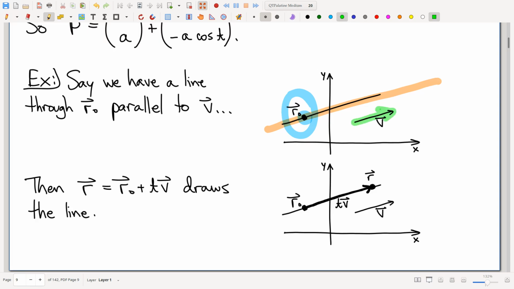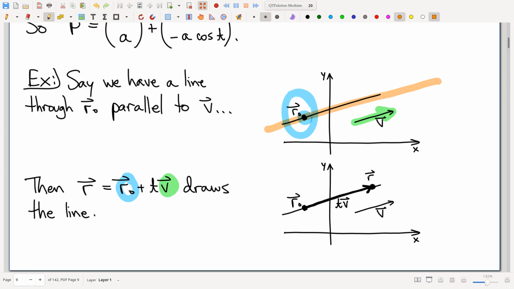Notice that characterizes the line. Any line that you want to parameterize, you're going to need to find a point. You're going to need to find a vector parallel to it. And with that done, notice that this expression right here, starting point plus t times v vector, parameterizes the line,